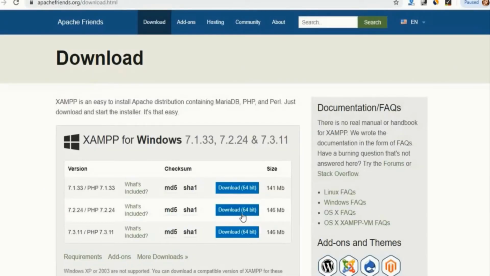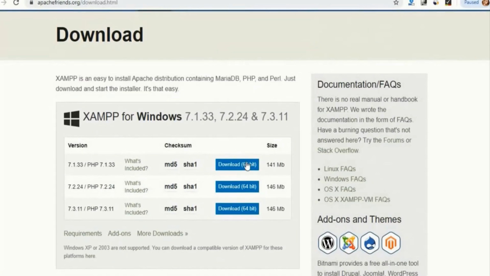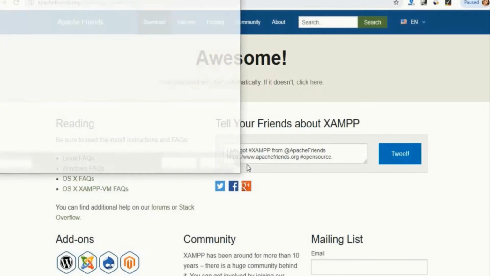Just go to that link and it will show options for downloading XAMPP for 64-bit Windows as well as for Linux and Mac OS, right? Just ensure that you have selected the correct option for your operating system. Here I have chosen the Windows 64-bit system, right?